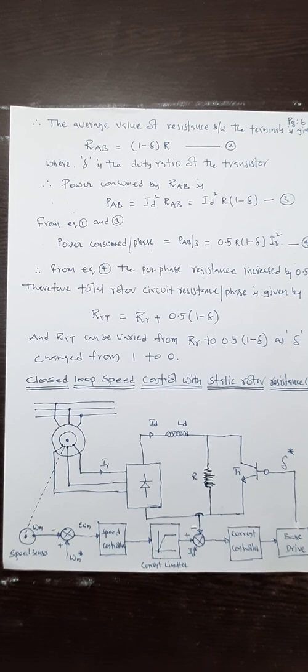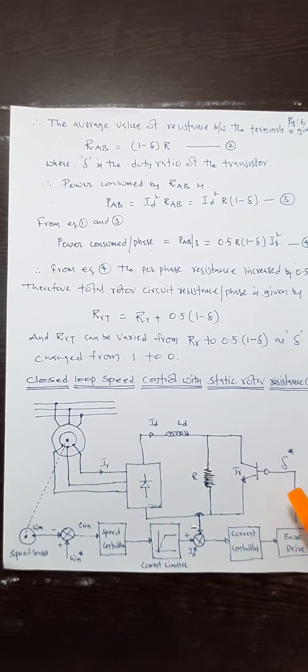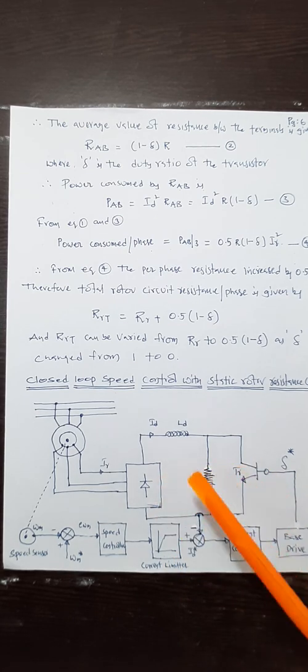in the form of a closed circuit. See here, closed loop speed control with static rotor resistance control. The same circuit, the same methodology, but while going to closed loop operation, accuracy is more important, steady state stability is more important, and the response of the system is more important. By keeping these in mind, you operate the system at a constant speed, and closed loop systems are designed here. It also has two loops, an inner current loop and an outer speed loop. Both loops are active to give closed loop operation of the system.